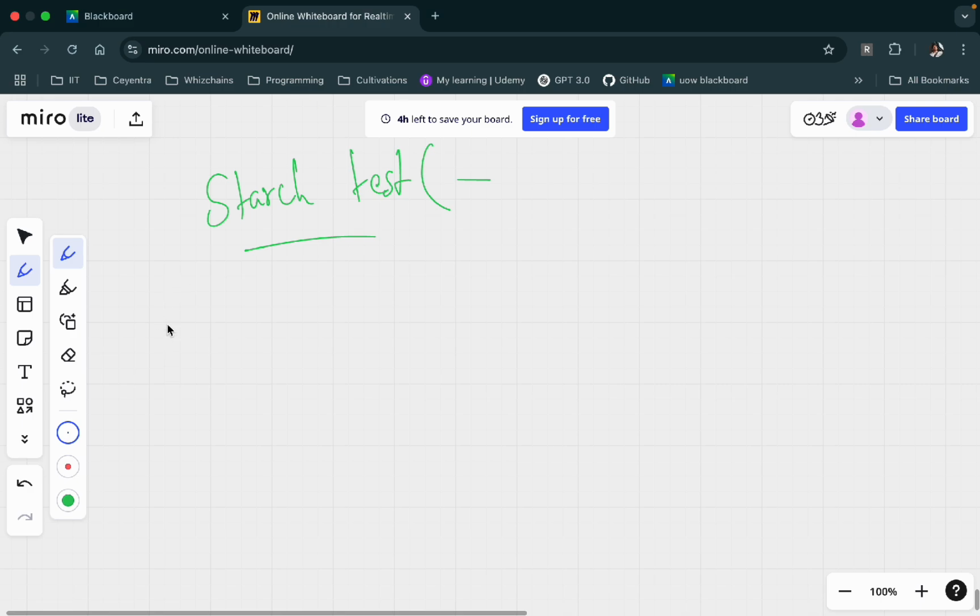First one, you need to write the items required for the test. Items or raw materials, you can say raw materials. Again, අපේ මේ පරීක්ෂණය කරන්න අපිට අවශ්‍ය වෙන ද්‍රව්‍ය, අමුද්‍රව්‍ය. So for the starch test, what do we need? You already know it, no? So tell me, what are the items required?